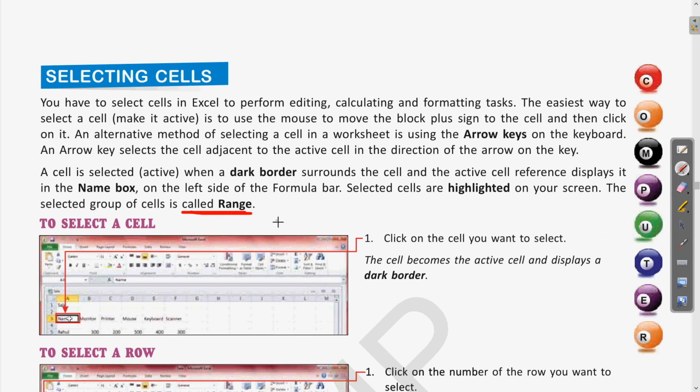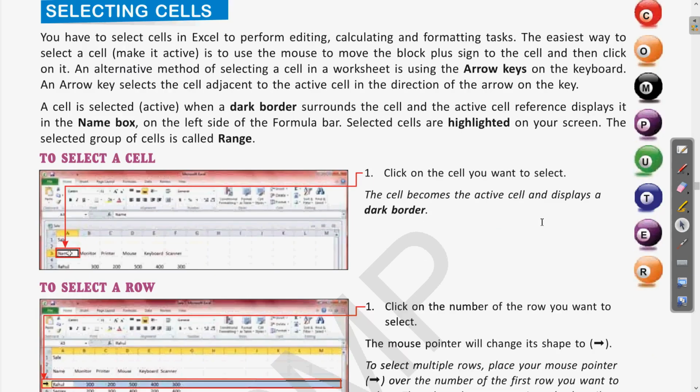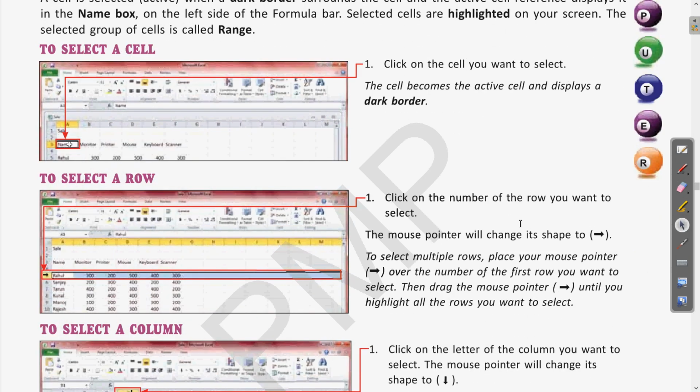So how to select a cell? Selecting a cell is directly click on that cell which you want to select, and the cell will appear with a dark border. So this means that that particular cell is selected. Now the next is selecting a row. If you want to select a whole row, for that we will go to the left of this window where the row numbers are there.